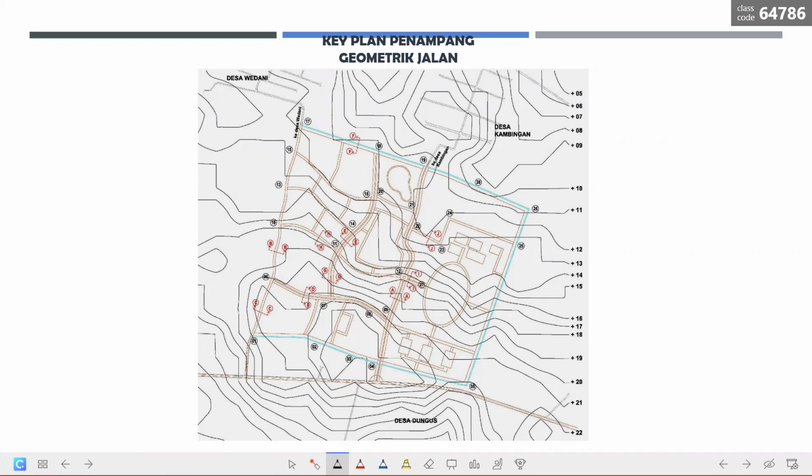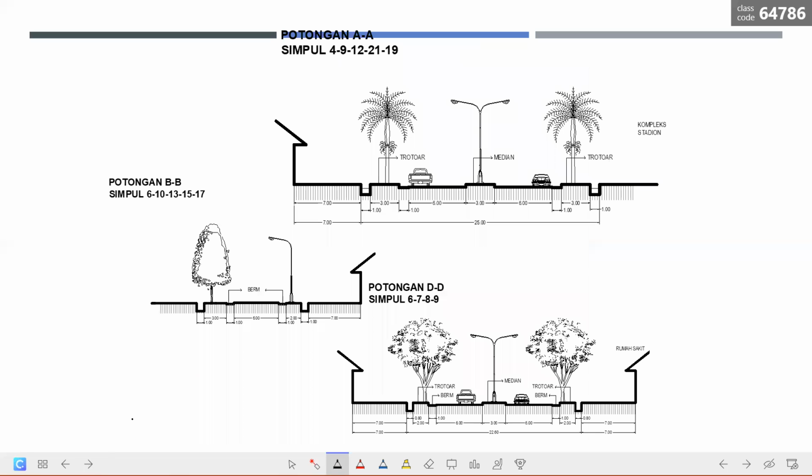This is just a key plan that signifies where significant road details may be seen. So this is section C and C. This is section D and D. Section B, B, and section A, and so on. And so, what do these sections mean? Well, they are expressed to show the different atmospheres that each road or each street should convey. So the AA